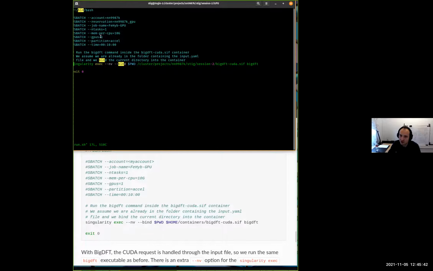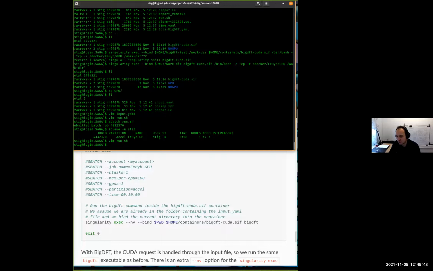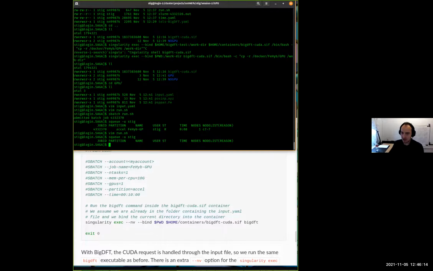So it's always difficult to compare the performance between a CPU version of a code and a GPU version of a code, because what exactly are you supposed to compare? Should you compare a GPU with a single CPU run, or with a CPU run that uses all the CPUs on a machine versus something that uses all the GPUs on a machine? It's a bit arbitrary. But here at least we are running only 1 GPU versus 20 CPU cores. So let's see